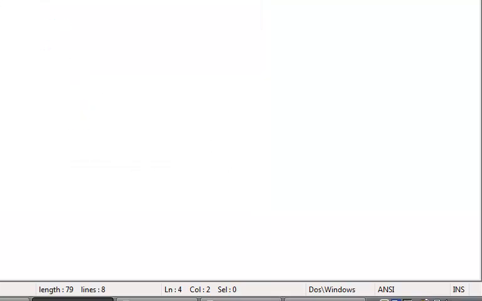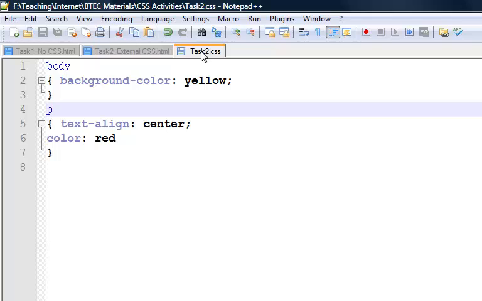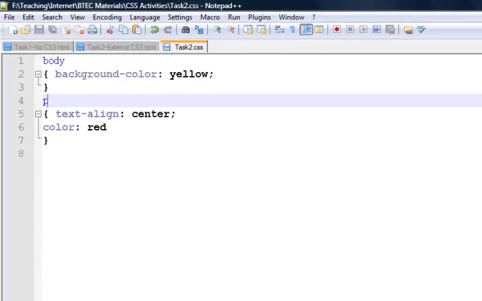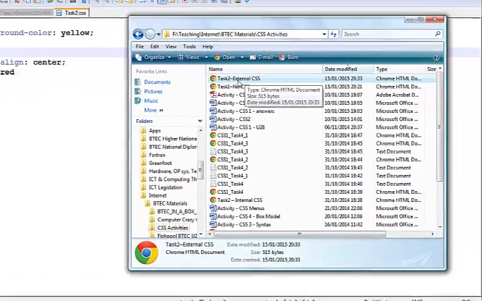So now we've got both things in place. We've got the HTML file, this is the content, what we want displayed on the page, and this HTML file is linked to an external CSS file called task2.css. That's this file here. We've saved both of them. Let's go back and let's display the web page. It's no different, it's the same web page, but now we've got the CSS file as well. So we double click on the HTML file, not the CSS file, the HTML. Task2 external CSS, double click,